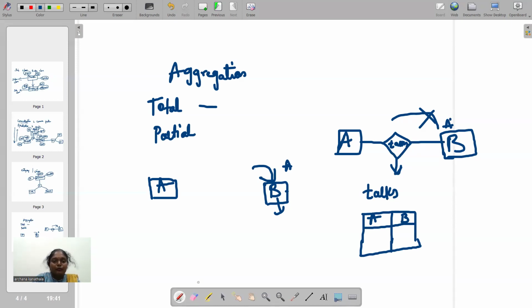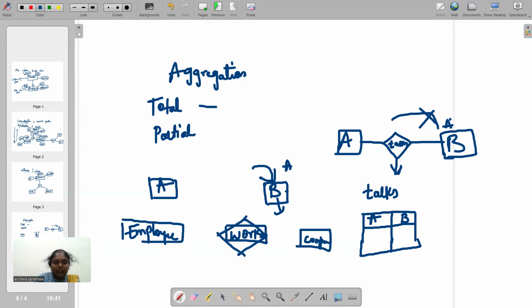So you will be able to apply the same thing for an employee and then work. So employee works for the company. Just a clear relationship.